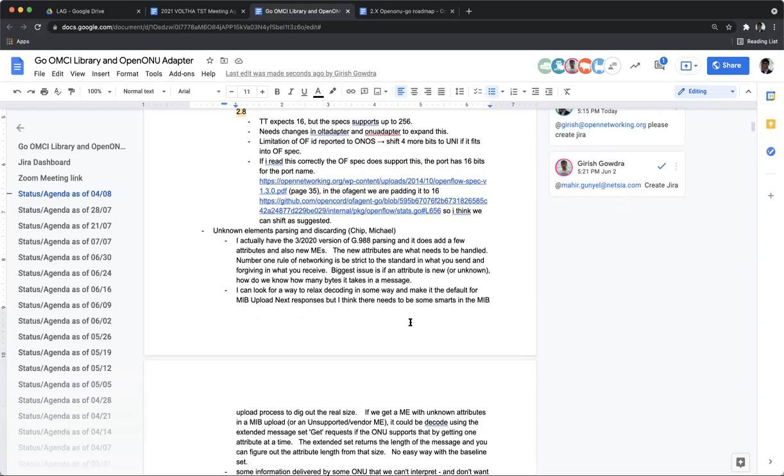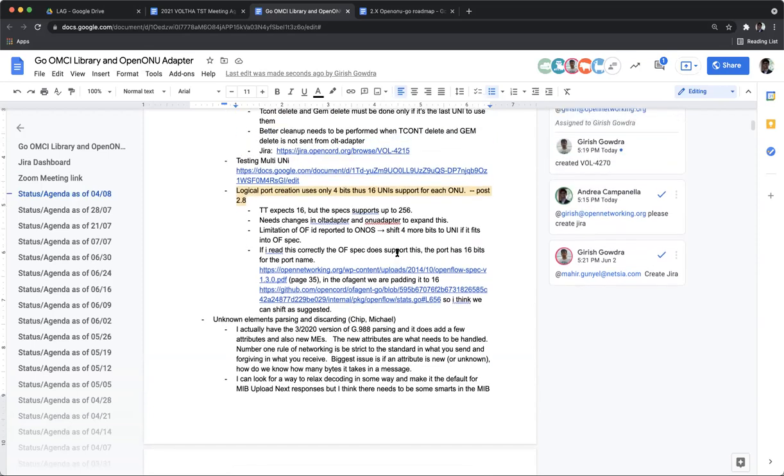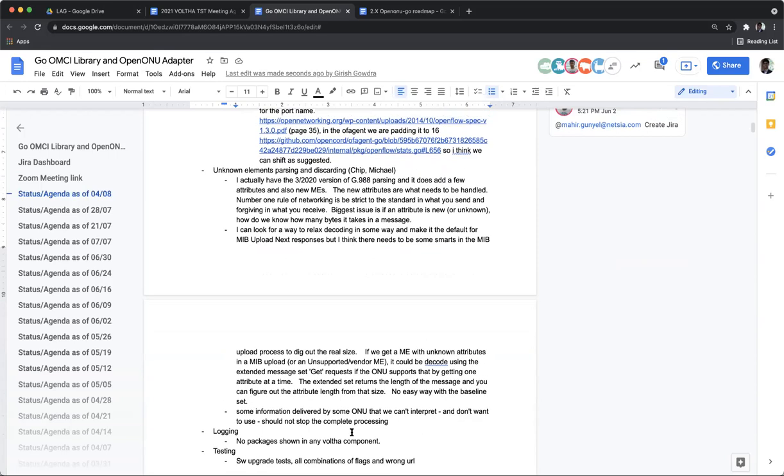Yeah, I think this originally came up from a bug in the code generation for one of the Ethernet OEM MEs that the ONU creates. There were some attributes where they describe two attributes on the same line, so the attribute mask was incorrect when it was code generated. And that led to a discussion on how do we handle